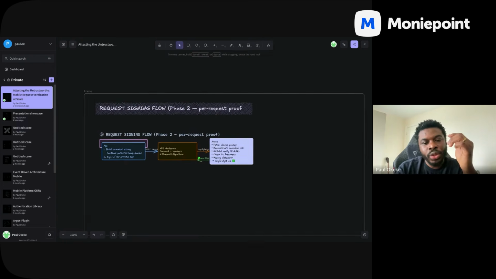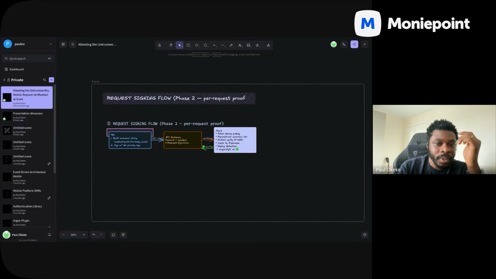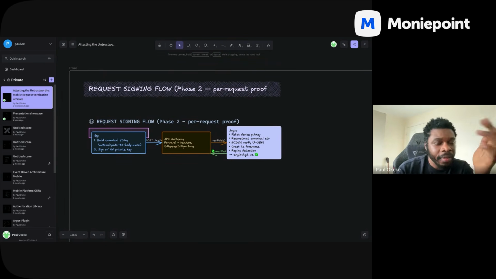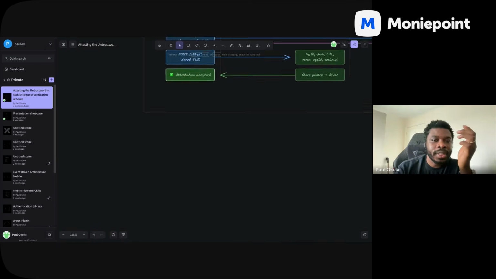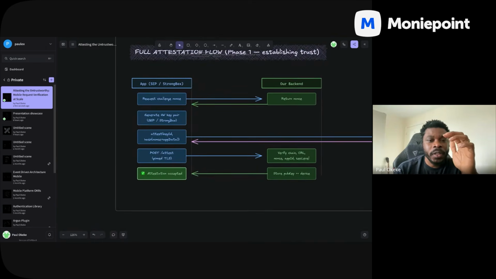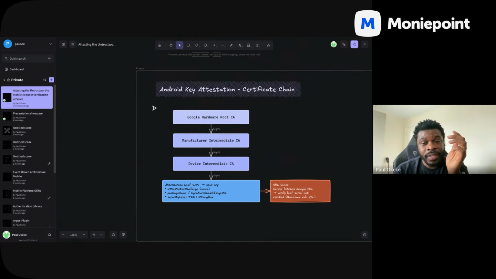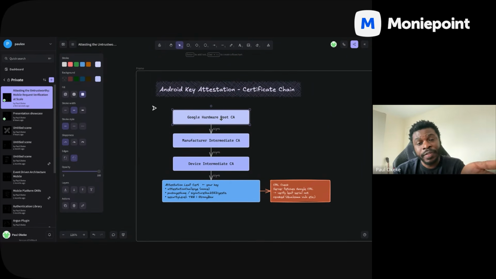Then when you make an API request, this is the other path. So after we've done the attestation. So attestation is more like saying that okay, we do now have something to say that this device is either valid or not valid. Something very important to mention within the certificate is when we're trying to verify the